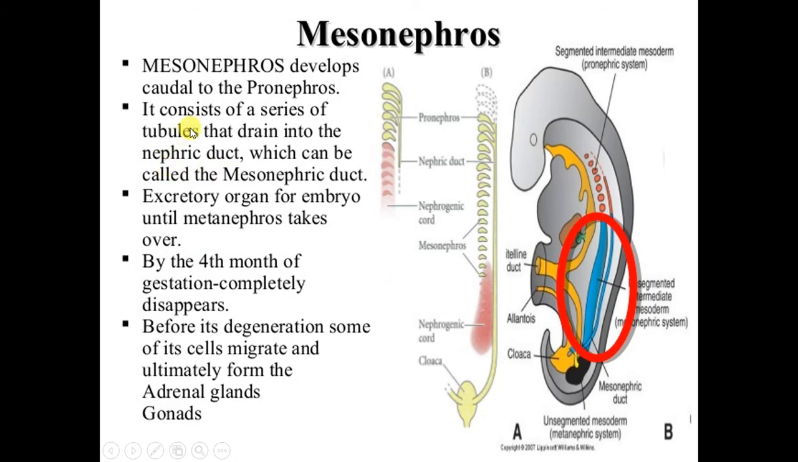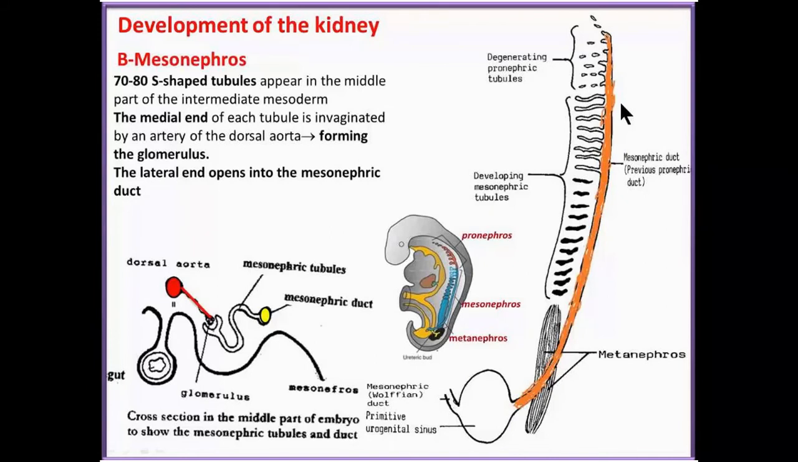And before its degeneration, some of its cells migrate and take part in the development of the adrenal gland and the gonads. So here we see